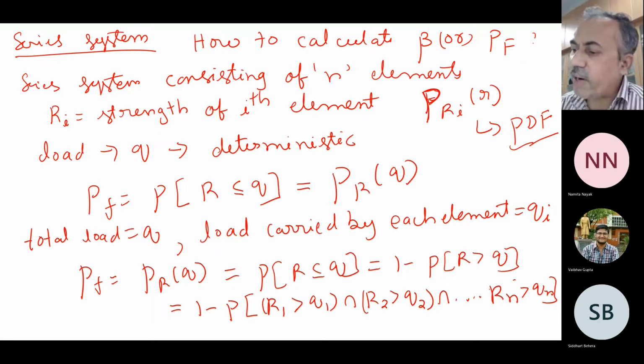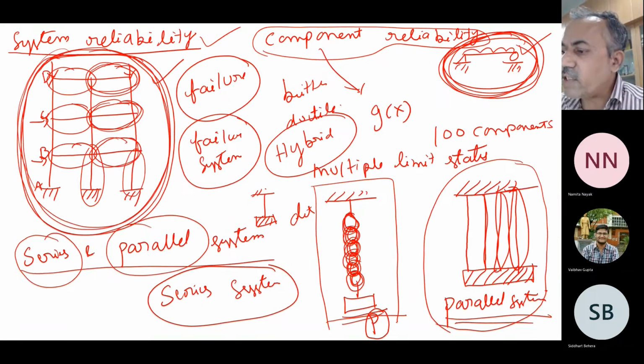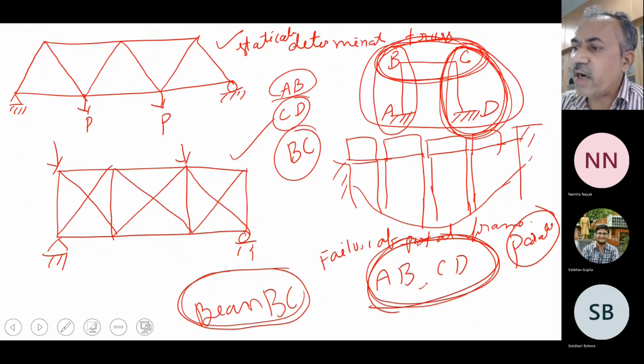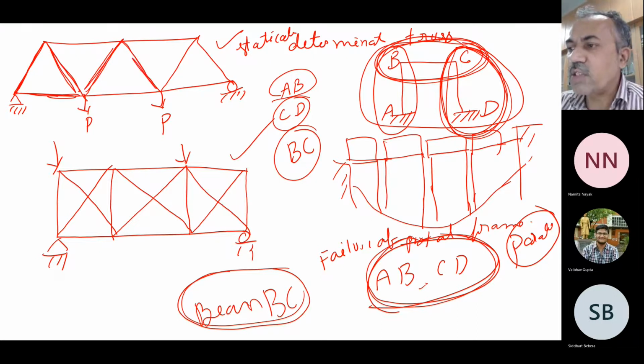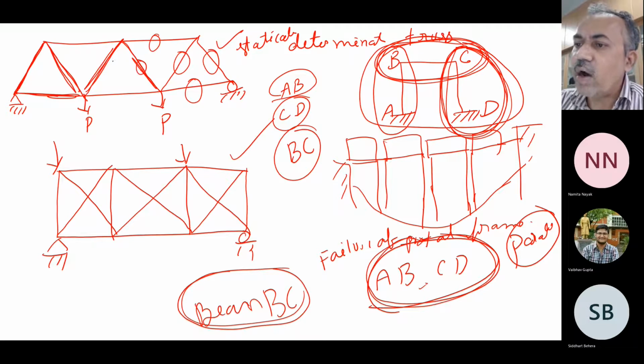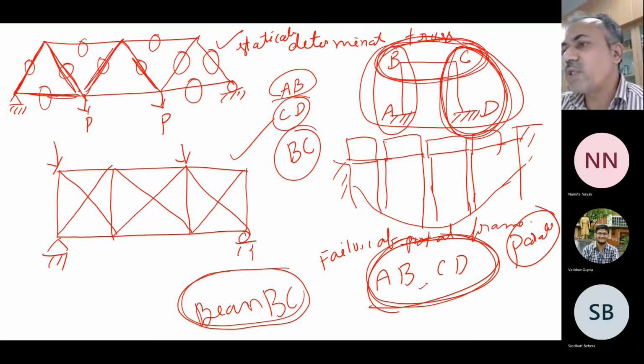Now if they are all independent, what happens to this joint density function? We have the chains, like this determinate truss, with the individual elements. Series connection means if one fails, the whole system collapses. So now you have to calculate the probability that this load exceeds here, this load exceeds here, this load exceeds all the elements. Finally, failure means you have to calculate the overall thing itself.